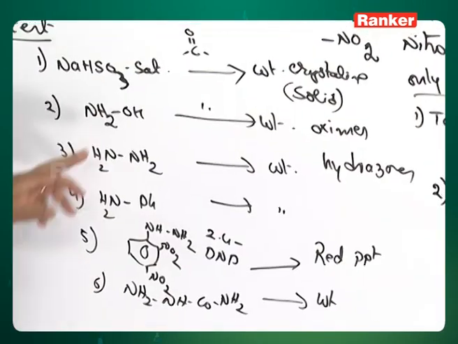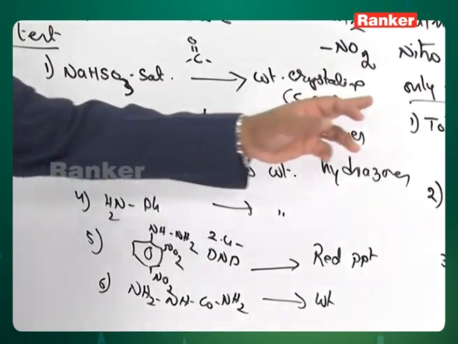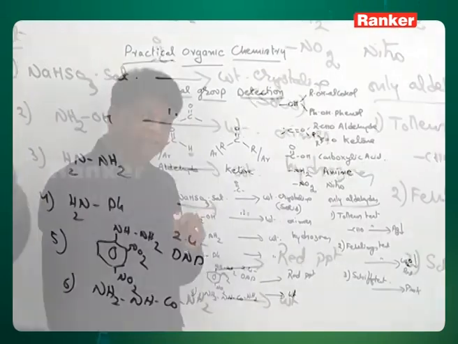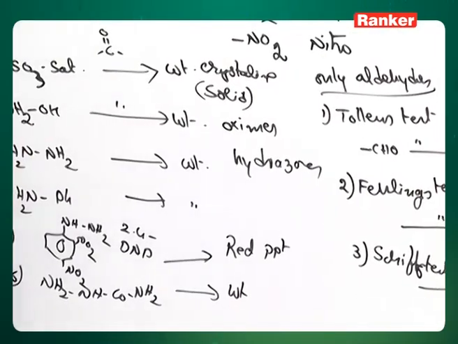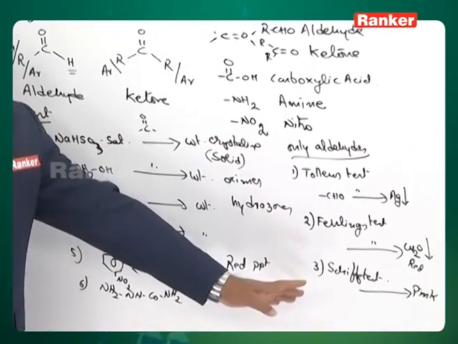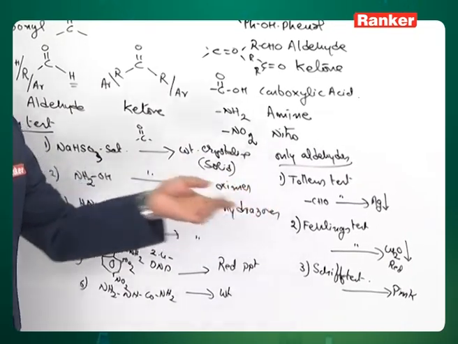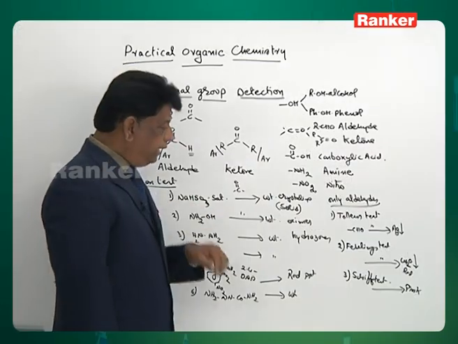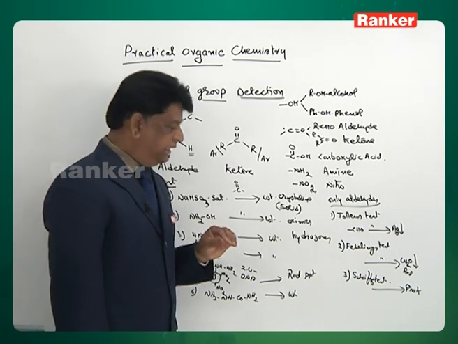A compound that gives white coloration with hydroxylamine, but none of these aldehyde tests, is therefore a ketone. If it gives this as well as Tollens, let us say it is an aldehyde. Aldehydes give the common tests and also the aldehyde tests. Giving common tests but not aldehyde tests means it is a ketone. For ketones, actually there is no specific test, but